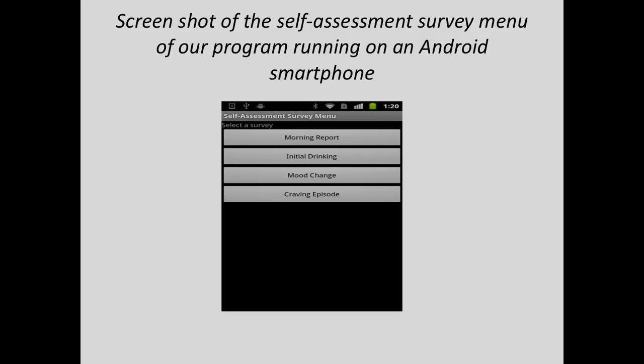If they have a drink, they go into this mode. If they have a big mood change, they start in this module, a craving episode here. So basically there, we have the self-report part. Much like with our electronic diaries and those ugly little Palm Pilots, you can do that on the mobile phone or the smartphone very easily.